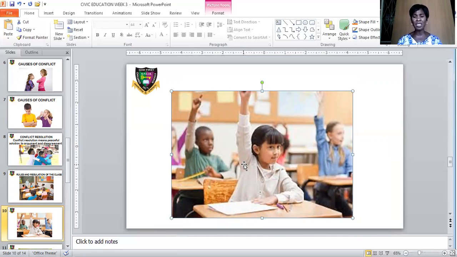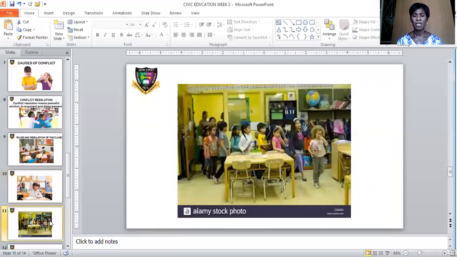What do you see that boy and that girl doing? The children, they are raising up their hand. You raise up your hand like a good boy and good girl to answer questions in the class. Yes. Then the third one here, the third picture here shows